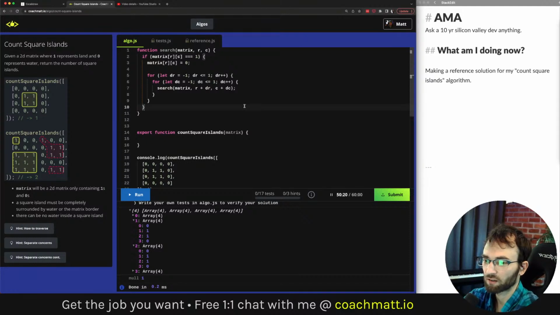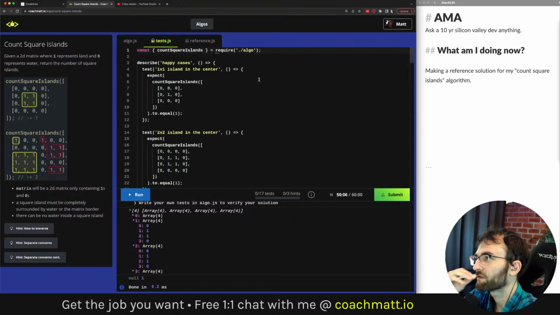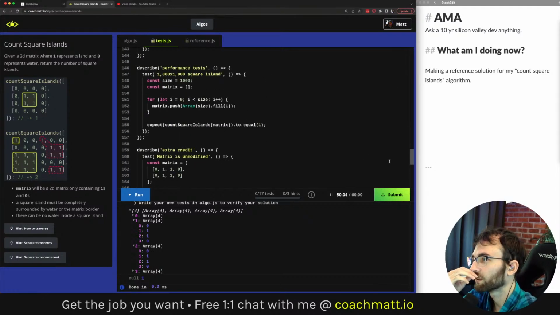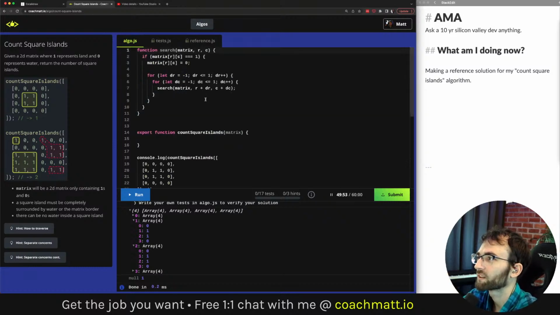Right, you can imagine that if you're using some third-party library, you wouldn't necessarily want your data to change in arbitrary ways whenever you call some function. So that's a good thing to check. In fact, I do have a test in the test suite here under extra credit that verifies the input data is unmodified. That was one of those tests I was looking to fail and use as a talking point later.